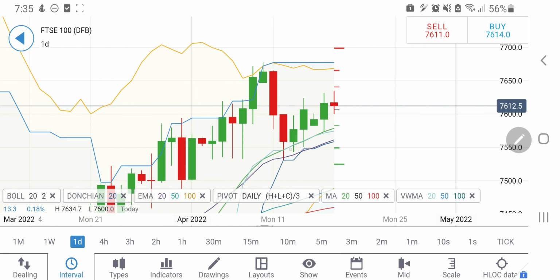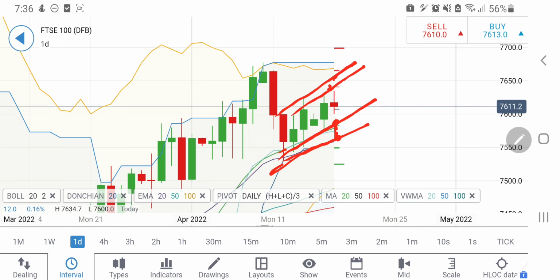On the daily charts, see, it is trading in this channel. This is the 20 period moving average and the 50 period moving average. These levels are providing it a little support on the downside. So 7,580 and 7,560 levels, these two levels I will be watchful of. Also on the upside, it is getting resistance at 7,640 and 7,655 levels. So yes, it may try to trade largely in between this zone.